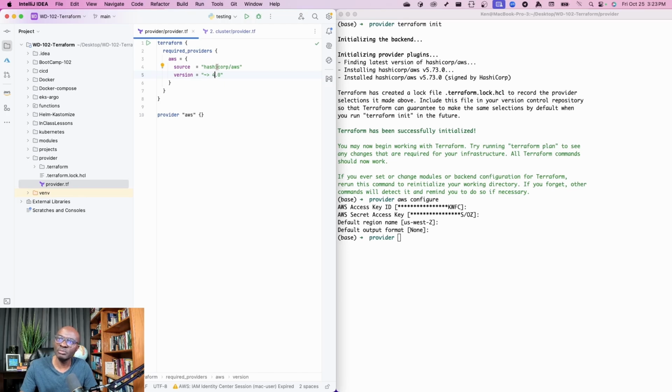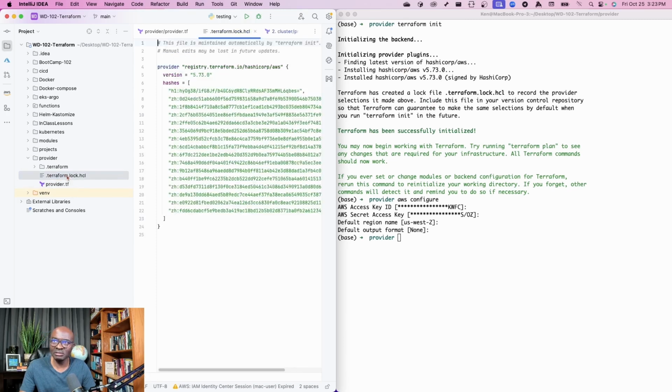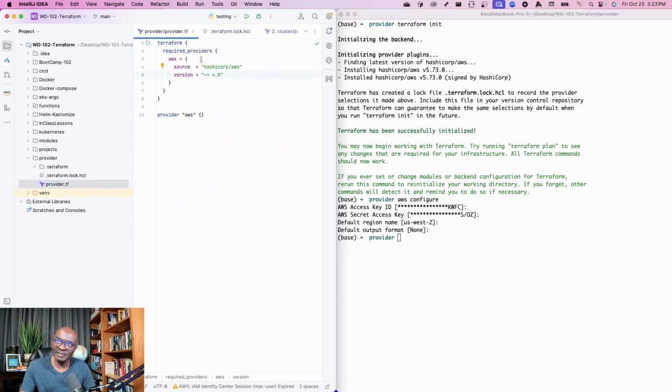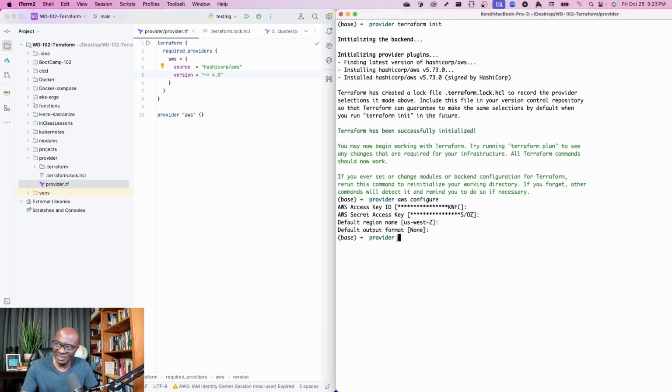Now, if I run terraform init right now, it initialized earlier and created this Terraform lock file, where the version is 5.73. But I've now specified a terraform block with a required provider, and I've specified that I need AWS, with the source as shown, but the version is now tilde greater than 4.0. So what that means is that if I run terraform init now,